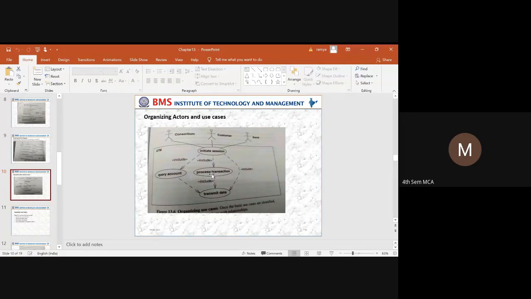It will go to the consortium and the bank and verify whether sufficient funds are available. If the user has sufficient funds, it will transmit the data to the server. So this is how we can organize the use cases and the actors.